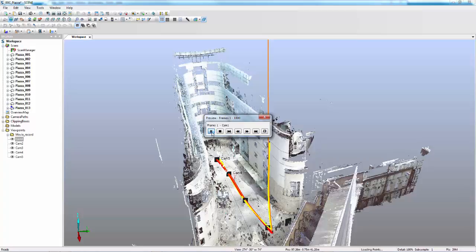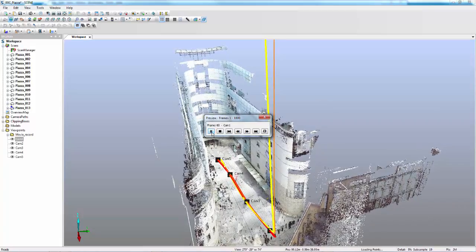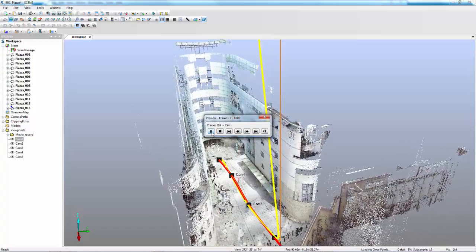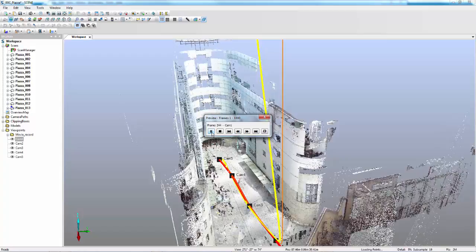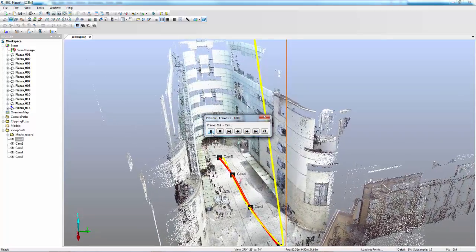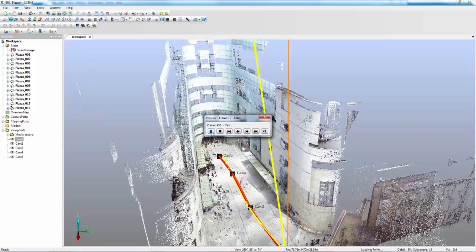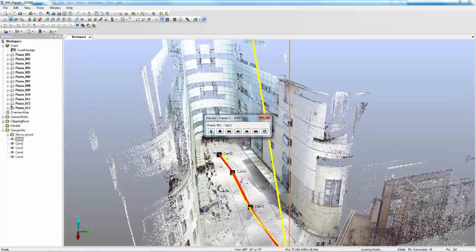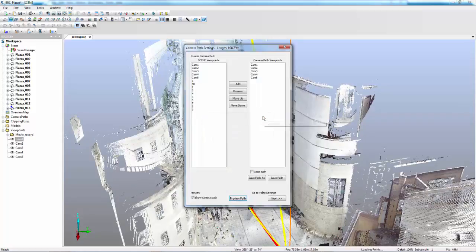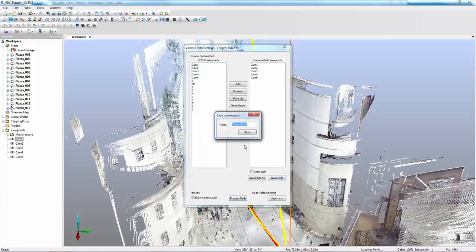If I press play, it should now sequence through the camera positions so I can see that my field of view is relatively sensible and I've not flown inside any walls or looking in an obscure direction where I can't see anything. Rather than run through that, I'm going to pause and close the dialog because I'm fairly happy with what I've created. Next thing we need to do is save our camera path and give it a sensible name,